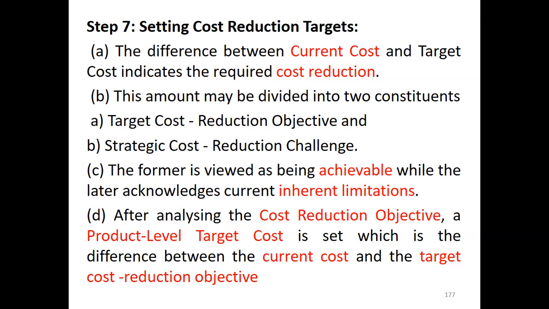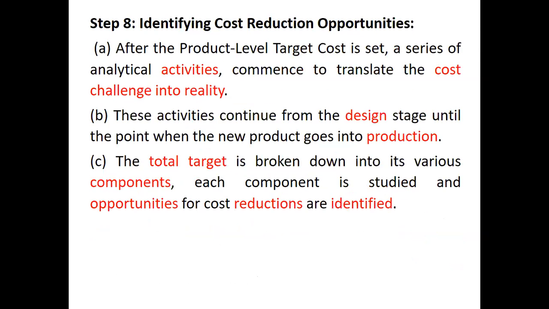Now, after analyzing the cost reduction objective, the product level target cost is set, which is the difference between current cost and target cost reduction objective. By understanding the current cost of the product, the target cost, and the strategic cost, I will decide the strategic cost reduction objective or target that I will set here in the seventh step. And the last step is about identifying cost reduction opportunities. Here in